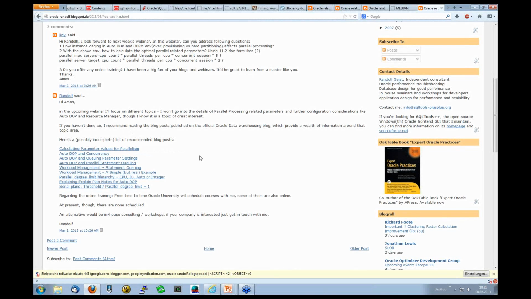You can really come up with very sophisticated setups in the database resource manager, which can control the resources that are used by parallel execution, no matter what parallel degree,